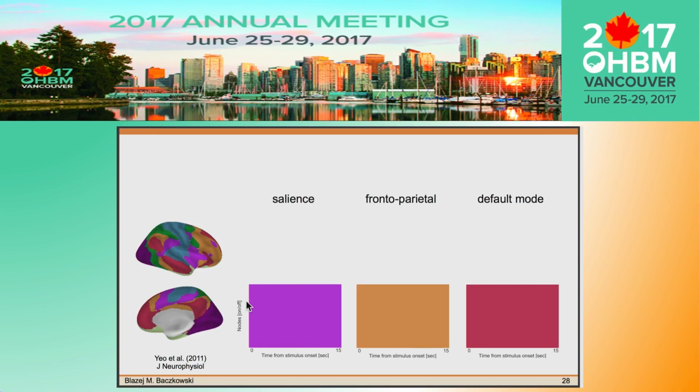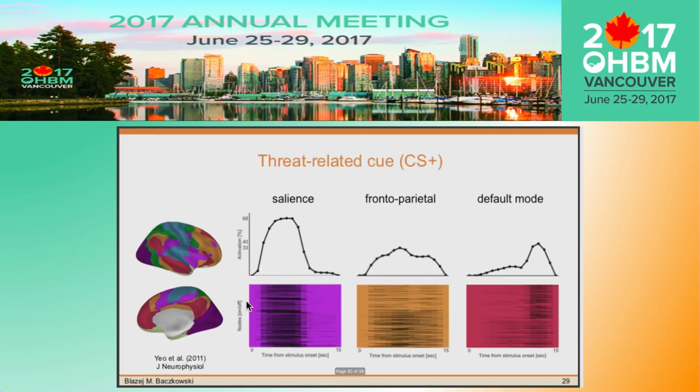And what I'm going to do now, I'm going to indicate in black those nodes and their respective time points when they were active. So what we see here is that the nodes of the salience network are predominantly activated early, whereas the nodes of the default mode network are active late. And we also see that there is some sort of intermediate activation of some nodes of the frontoparietal cognitive control network. I didn't have time to show you all these maps for other conditions, so if I repeat the same